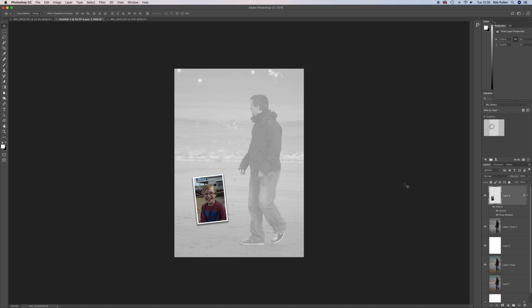Now you can make this project into anything you want. On the background, you can use the same photo faded out, and then this photo smaller. You can have this one, the small one, black and white, and this one faded color. But it's up to you. But this is a very quick way and a very quick project just to show you a little bit of how Photoshop works. I think this is a very quick and effective project, and it looks great for wedding photos or just photos of the kids that you've taken to the park and stuff over the weekend. But that is basically it, a quick